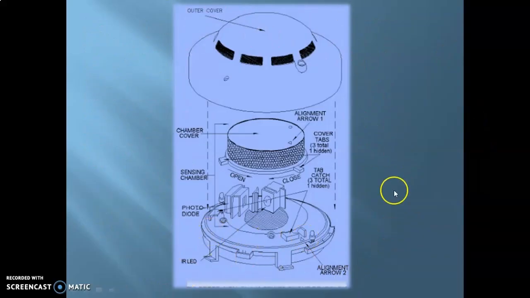This is how it actually looks like. Here you have the chamber cover, and this is the smoke chamber. This cover will come on over here, and it will basically cover this entire area. Okay, and here you can see this is the photodiode, and this is the IR LED that will keep flashing. Okay, that will be on the whole time that the air is being sampled,